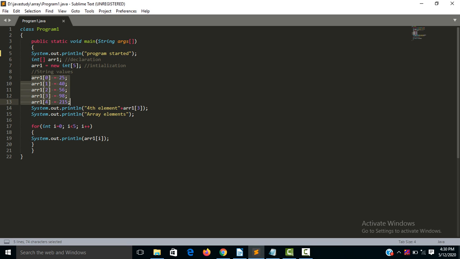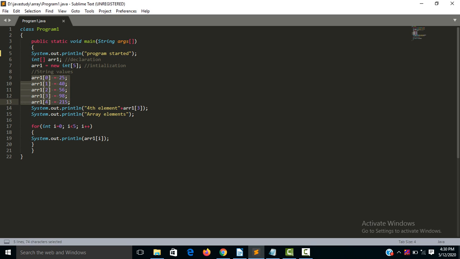These are the elements of the array, and here we have to print the fourth element of the array, and we have to print a message, array elements, and also display all the elements of the array using the for loop.